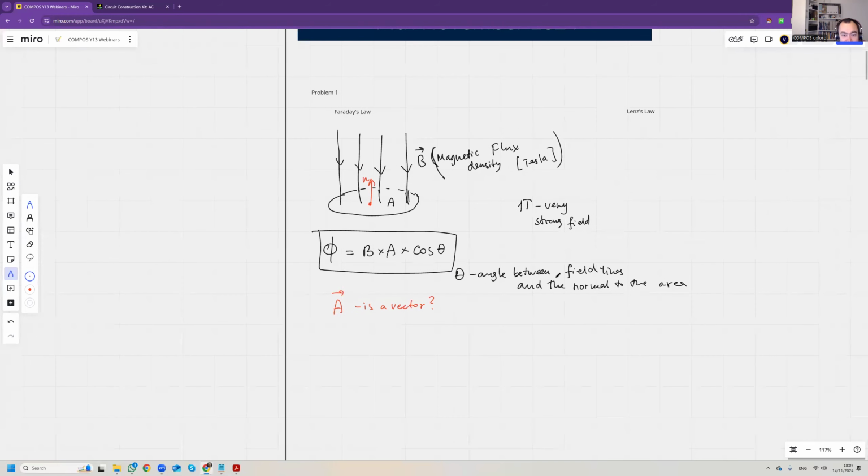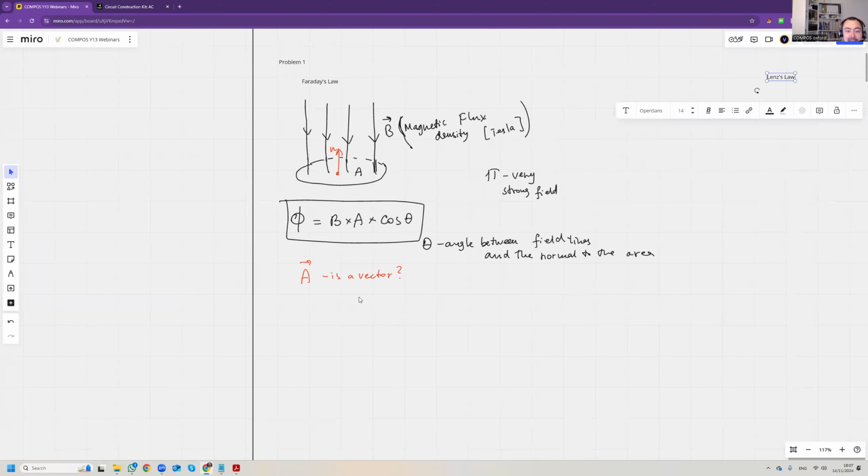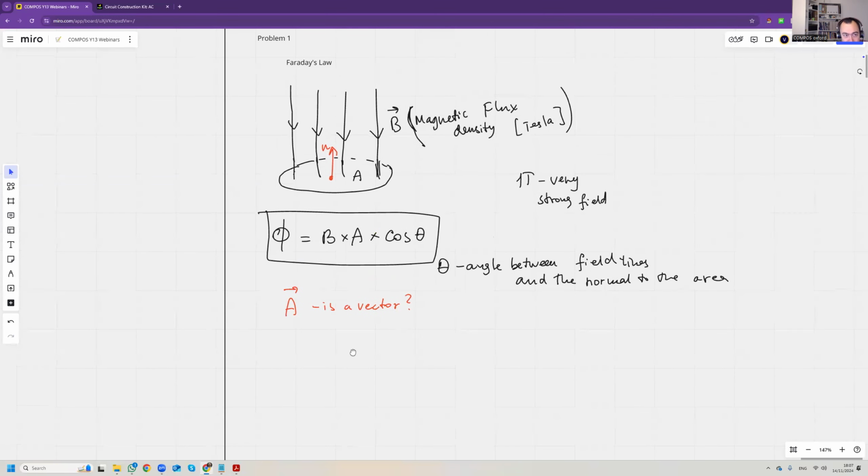Okay, and Faraday's law of electromagnetic induction says that a loop of wire will act as an EMF, or in other words, an EMF will be induced in the loop if the flux is changing. So Faraday's law,